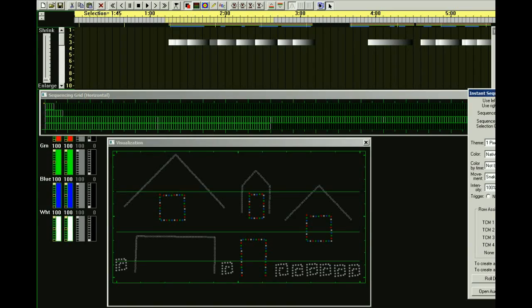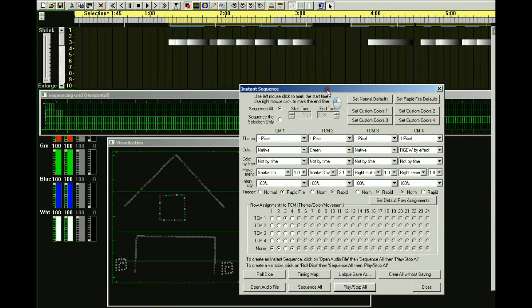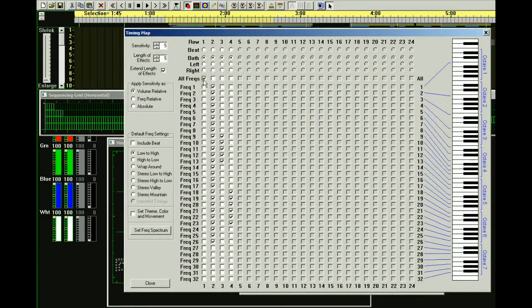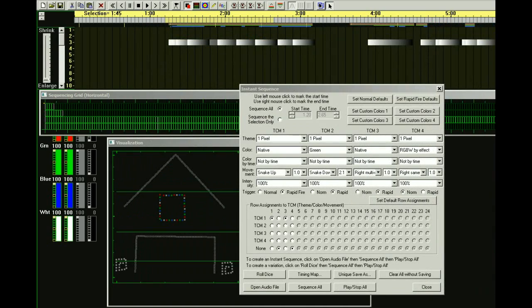And right now it's doing all the lights. It'd be nice to have some colors in there. What I'm trying to show here is that by isolating the RGB lights from the regular lights, we can have TCM1 set the way we want for RGB lights, which we've got all freaks set, and